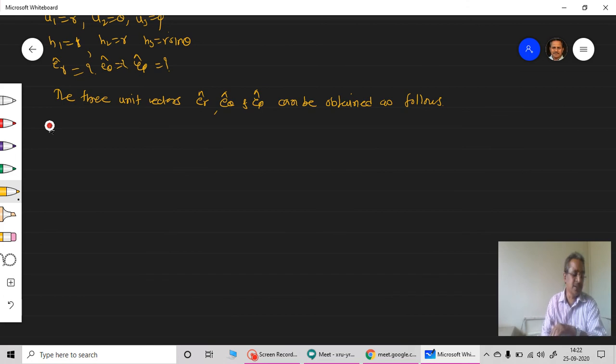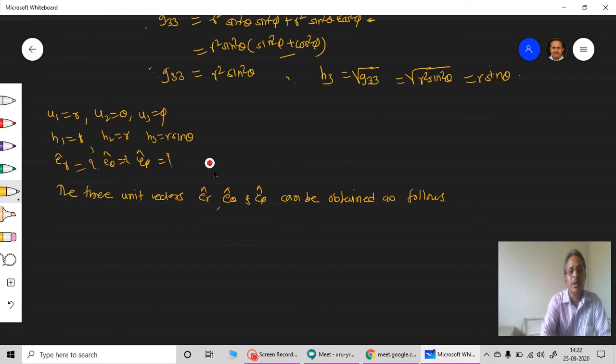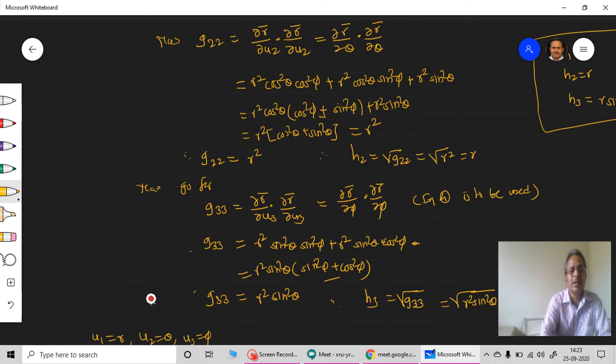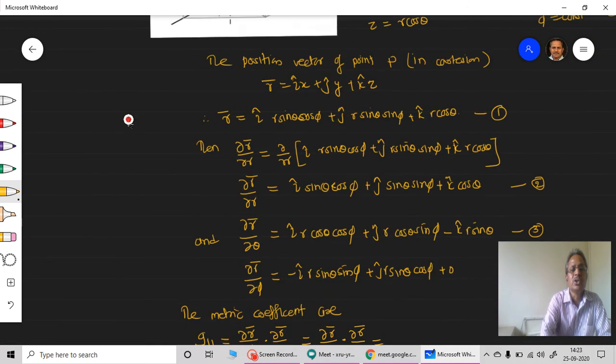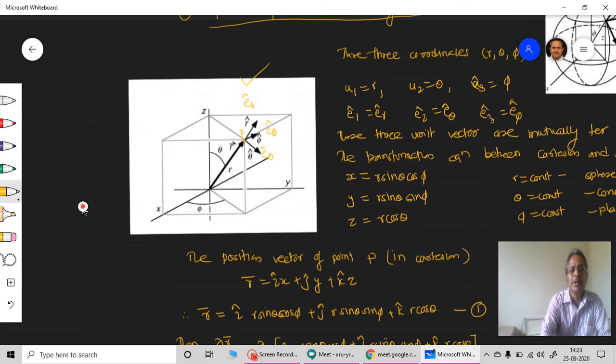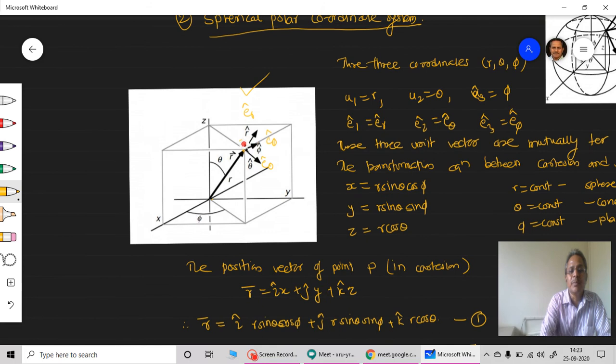Here the case is not that simple. Now we have to get, the earlier diagram, this diagram where we started earlier. I'll just go here. I have to calculate the unit vector in the direction of increasing r. This er cap is this vector divided by this. So the vector itself divided by its magnitude gives me er cap.